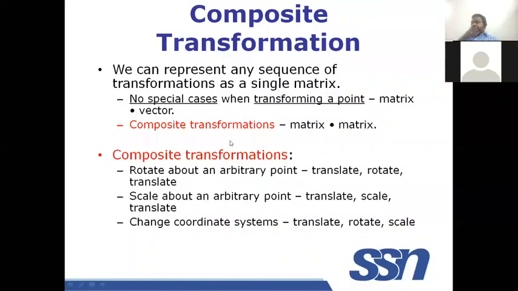Today's session we are going to cover the transformation matrix. In any operation of moving an object from one place to another, we are going to do it with a set of operations. For example, rotating a triangle with respect to its center of gravity. The direct matrix form we do not know.